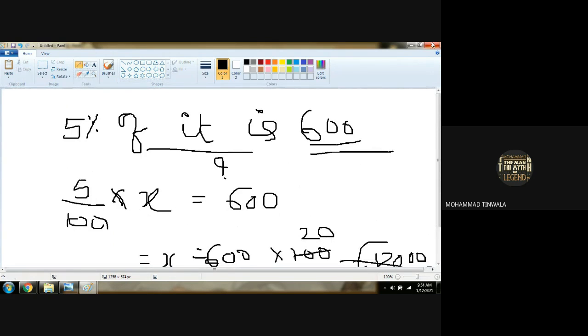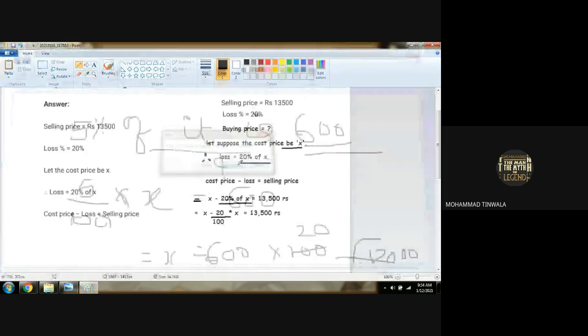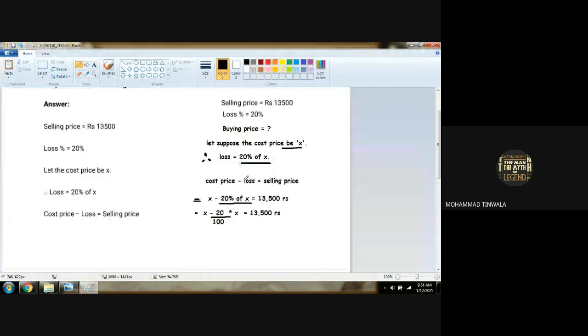We have already done this, right? So in the place of cost price, we took X. In the place of loss, we took 20% of X. Now 20% of X is what? 5% of 12,000 was what? 5 upon 100 multiplied by 12,000. So 20% of X will be 20 upon 100 multiplied by X. Is that all clear? So the next step will be